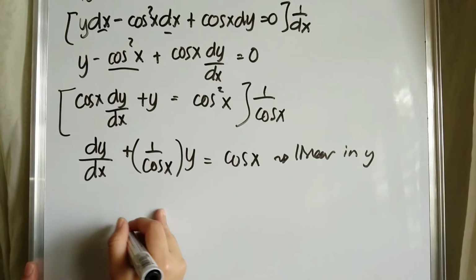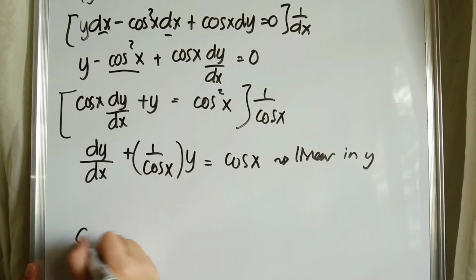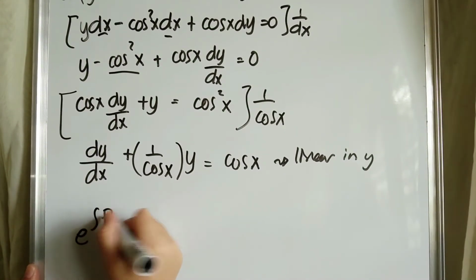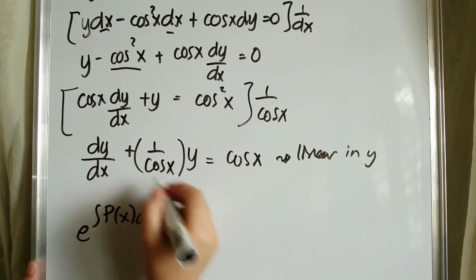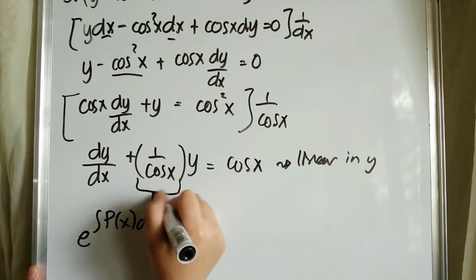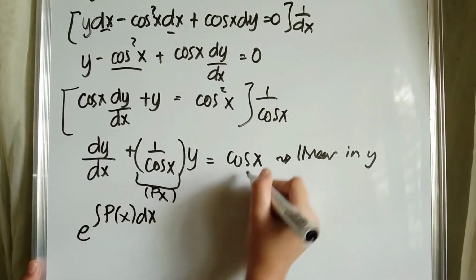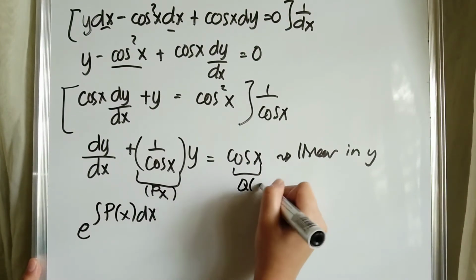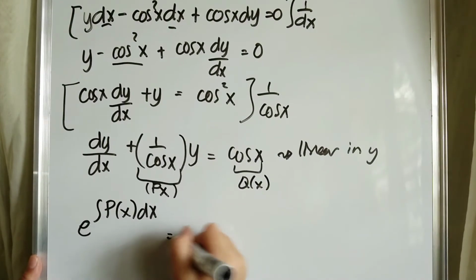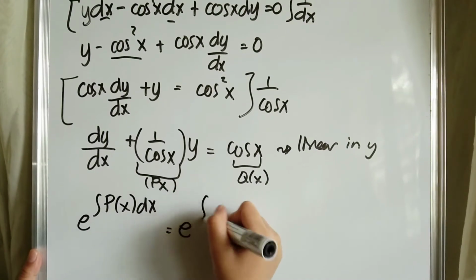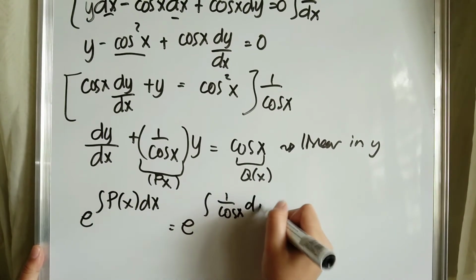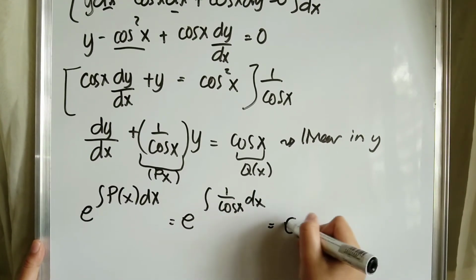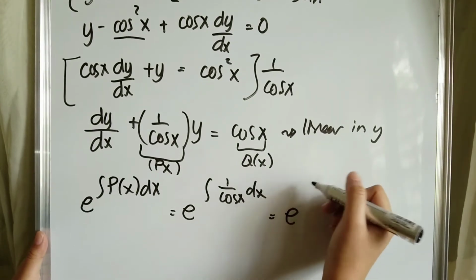Next is to solve for the integrating factor. Our integrating factor is e raised to the integral of p of x dx, and our p of x here is equal to 1 over cos x, and our cos x is our q of x. So e raised to the integral of p of x, which is 1 over cos x dx, and the value of our integrating factor is,